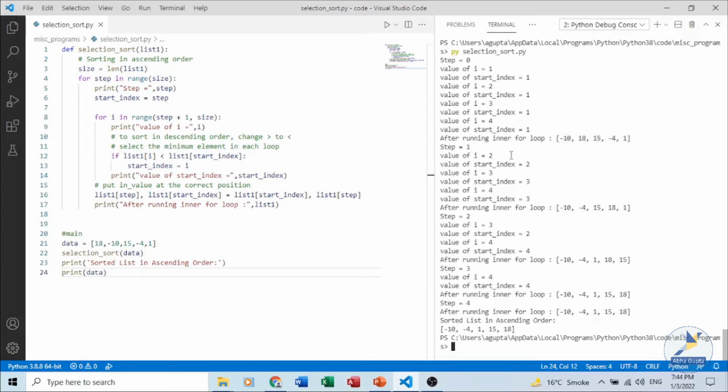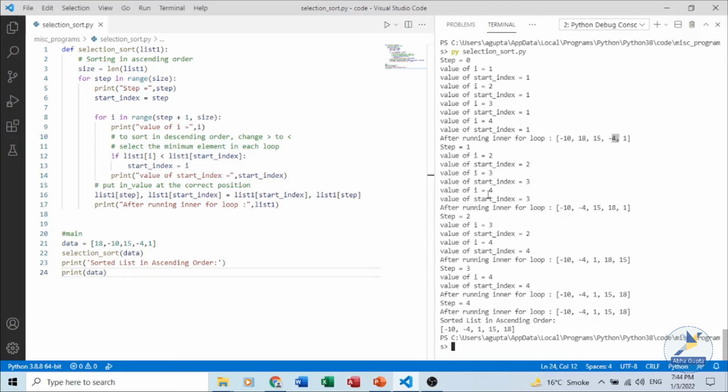The second iteration starts again, the value of I and start index is being assigned. Now minus 10 is already sorted, 18 and 15 they are compared, then 15 and minus 4 they are compared. You can see the start value being changing at this point from 2 to 3, that is minus 4 is the new minimum value in the unsorted list.